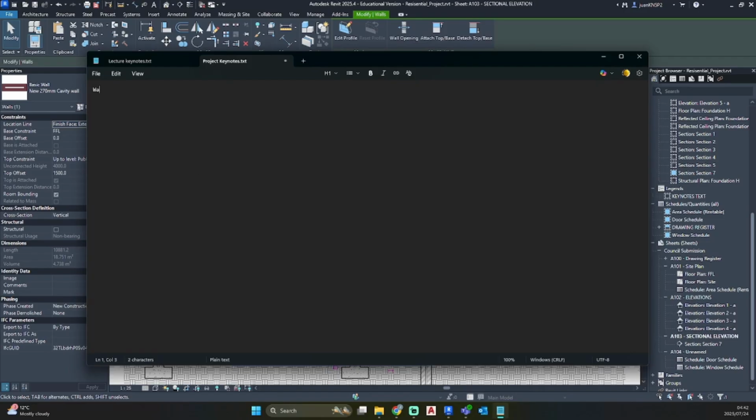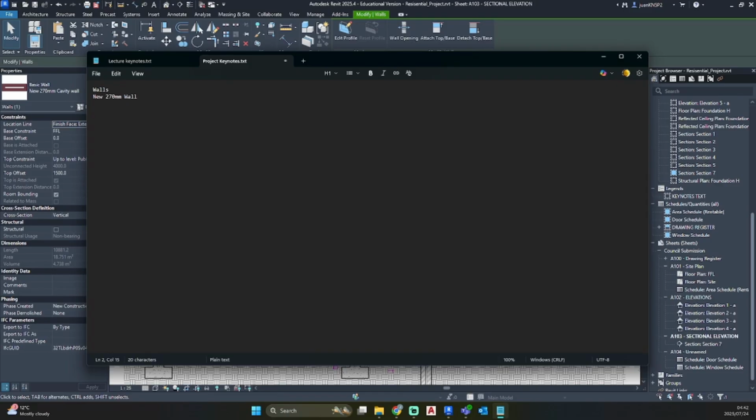So just write walls, press enter to give it the start of this category. Then we are going to name this new 270 millimeter wall. So do not, after wall, do not hit spacebar.